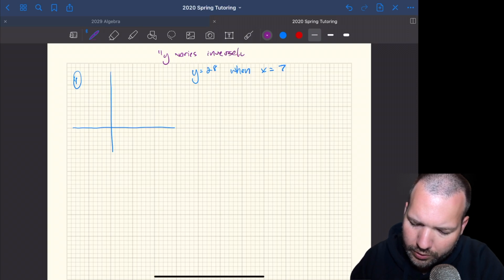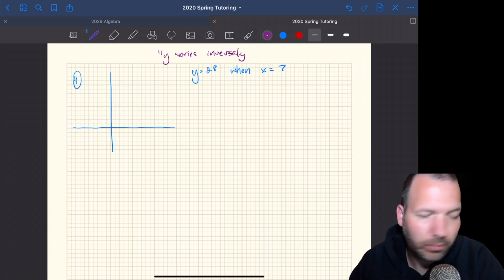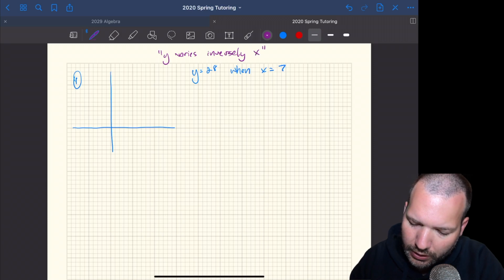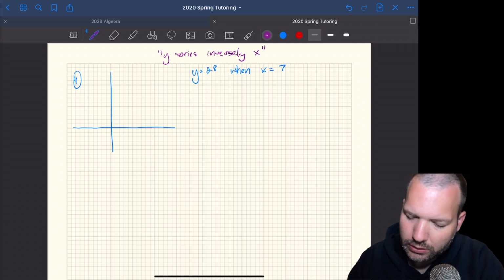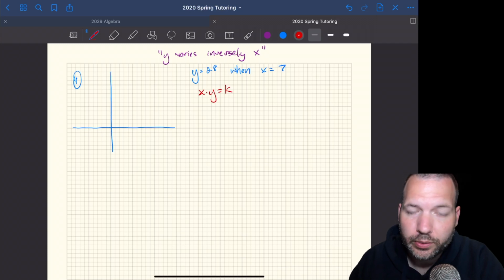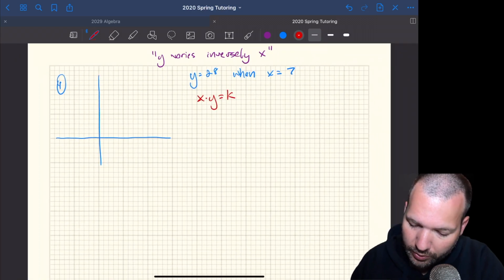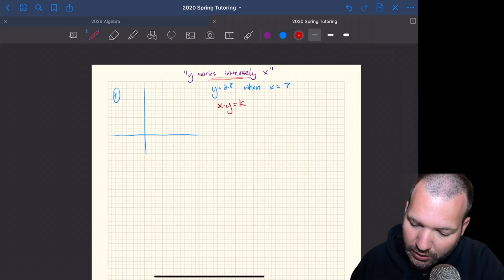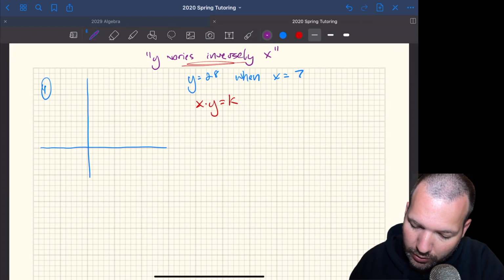Oh, I forgot I was going to narrate this. Y varies inversely as x. So that is the key. X times y equals k is what we always want to remember when we see that phrase varies inversely. So in this particular case, we can plug in